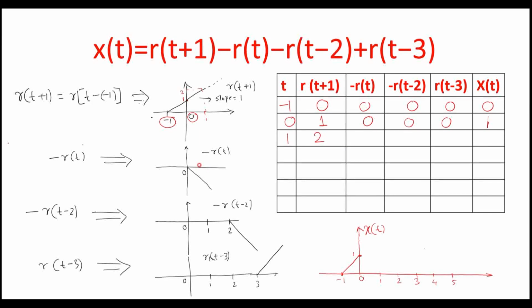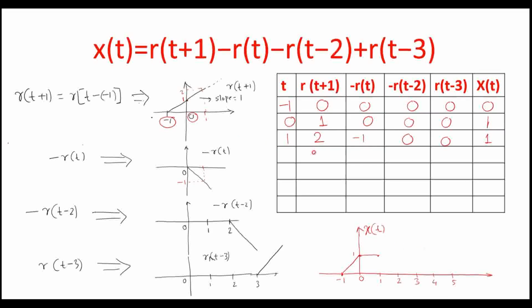Now here at t equal to 1, it will be linear, so its value will be -1. So here at t equal to 1 it is 0. So 2 minus 1 is 1. That is, from 0 to 1 the signal is constant, that is, magnitude is 1 itself. So at t equal to 1 amplitude is 1. So these 2 points can be joined.